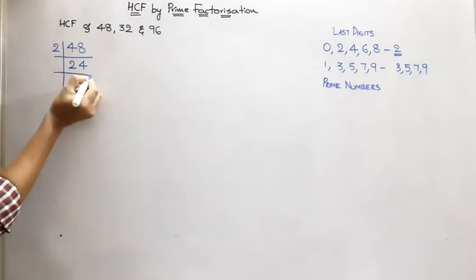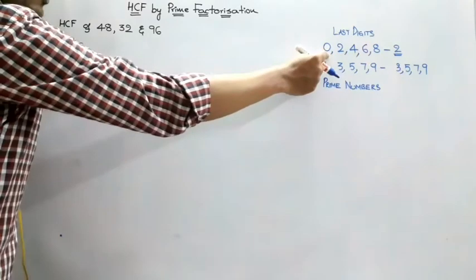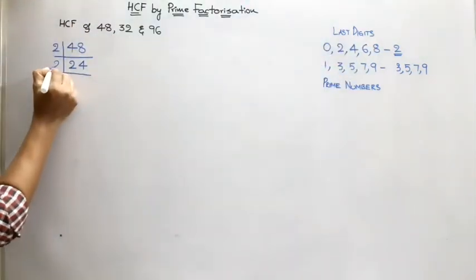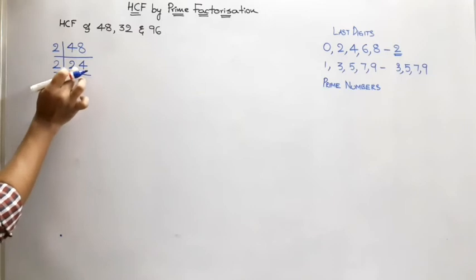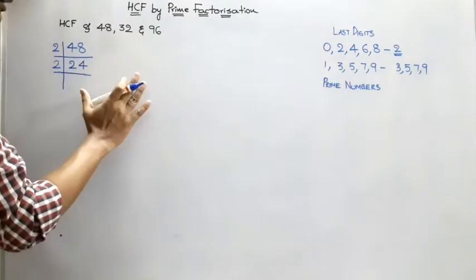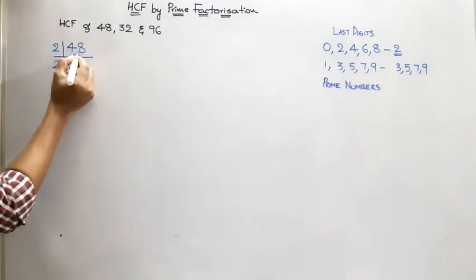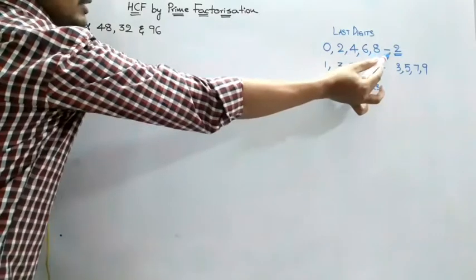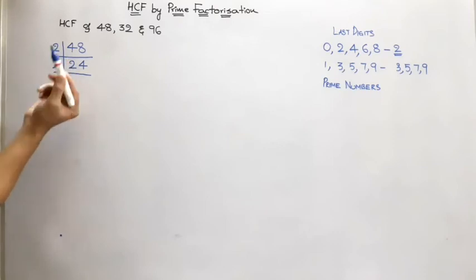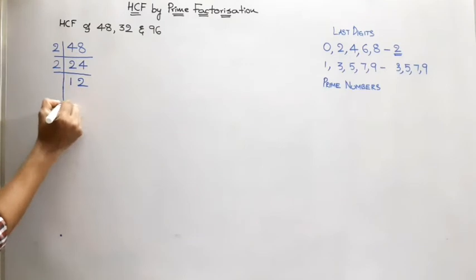Next, what is the last digit again in 24? 4. So it comes in the first group. So last digit is 4, then we can divide it with 2. Please children, observe carefully. Even this 48 is also cancelled in 3 table. Yet, please follow the steps which I am using. Okay, 48, 8 is the last digit. So, the first group, we divided it with 2. And 2 24s are 48. Again, 2 12s are 24. Isn't it? 2 12s are 24.